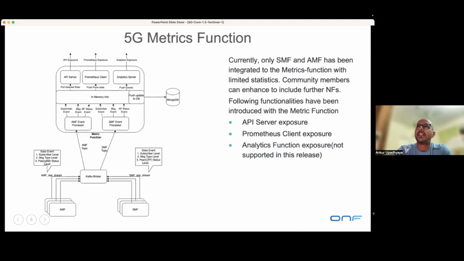Here I'm covering the 5G metric function design overview. If you observe here, we are using a Kafka-based PubSub mechanism where each NF publishes its stats on the Kafka stream, and each NF has been assigned a separate topic, so that when the metric function reads, it is subscribed to that topic, and when it reads, it processes those stats coming from each instance of any NF, and then collates